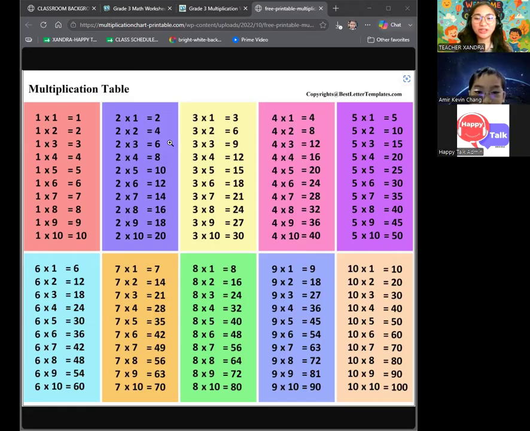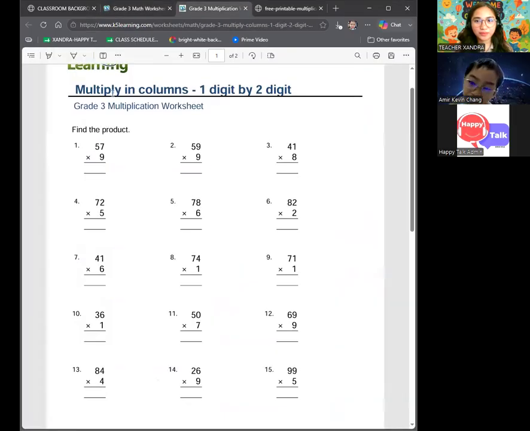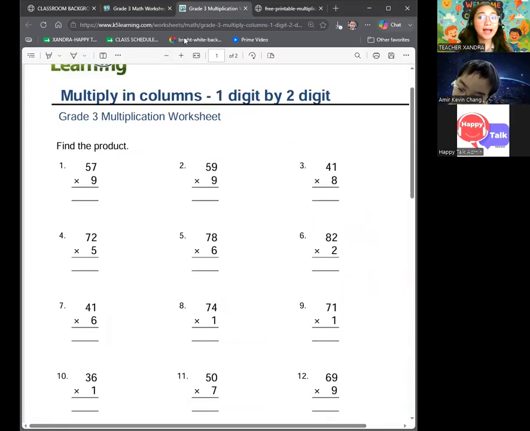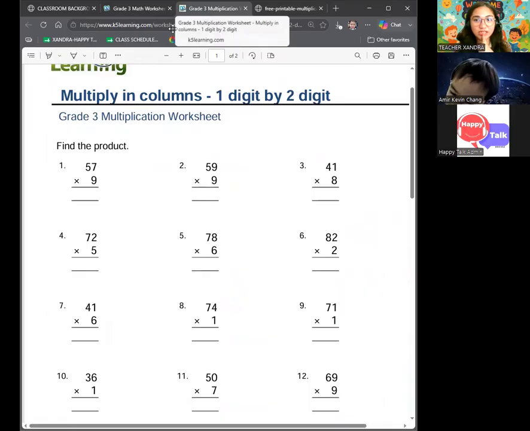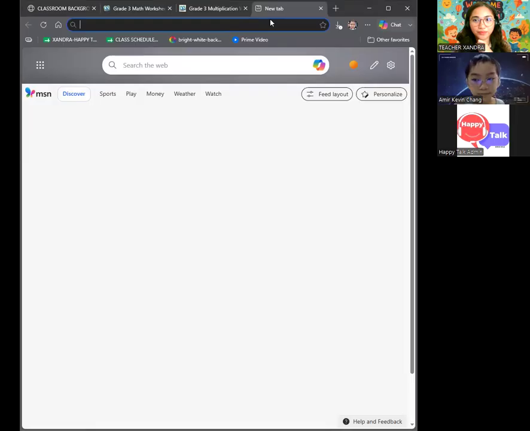Okay, so that's the multiplication table from 1 to 10. Now let's proceed with our worksheet. Okay, multiply in columns, one digit by. Okay, quiet first. Listen to teacher first. Okay, thank you. So this worksheet